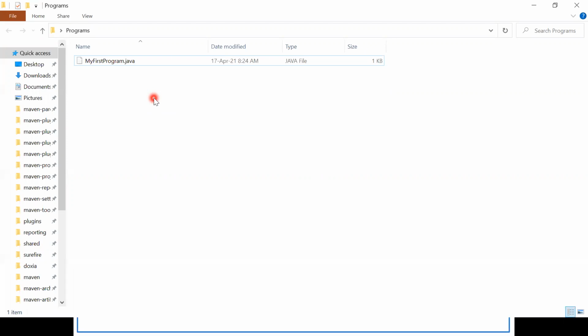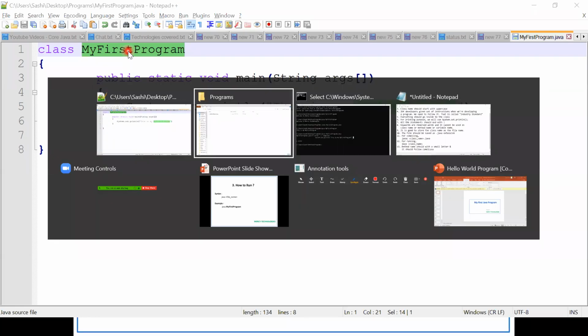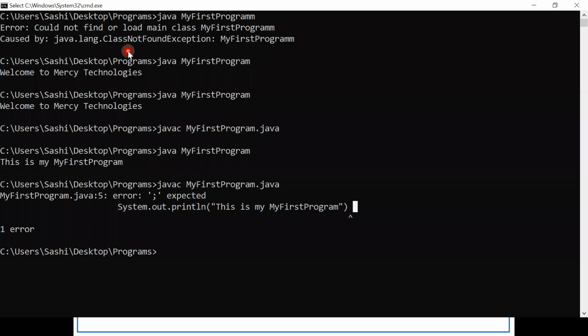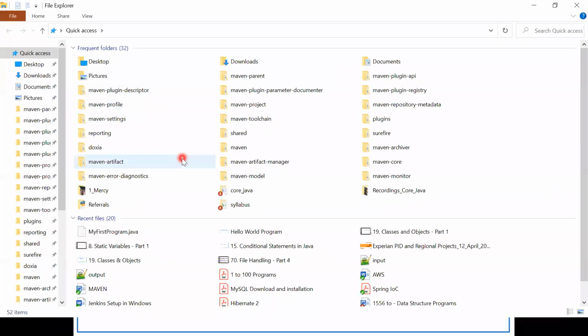Whenever you are compiling, Java compiler comes into picture. How you are compiling it? javac file name.java. You remember yesterday we have seen about this. Javac, what is Javac? Just go to the place where we have installed our Java. It's simple.